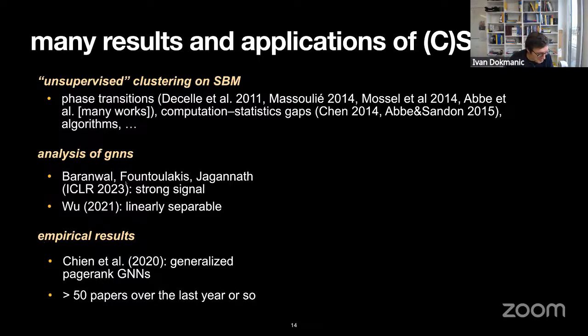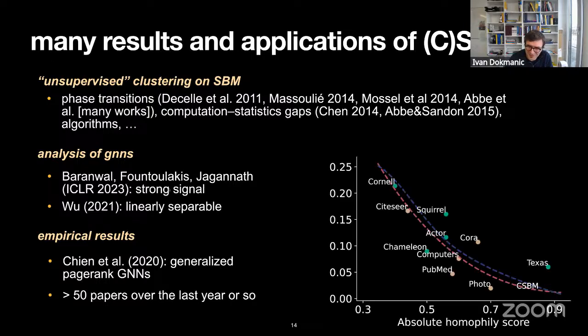Now, I wanted to say something more about it, and so I came up with this figure. Actually, I should say my student Cheng Shi came up with it, and this figure is not very easy to explain, but I will nonetheless try because I think it's very useful, and it shows a way in which the contextual stochastic block model is somehow universal. Again, this graph contains all sorts of standard benchmark graph data sets that we use to test algorithms. Some of them are heterophilic, some of them are homophilic. This is not so important, but this is encoded in the color of this bubble.